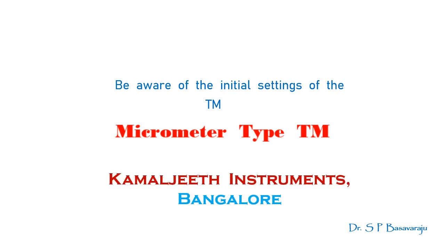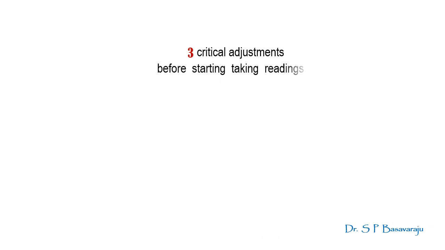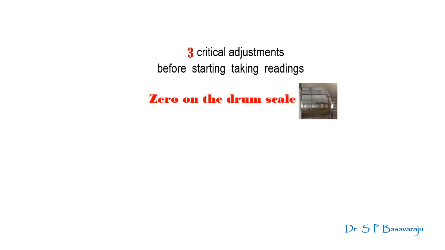I will start with the various adjustments and problems as a list and afterwards go into the details of how to tackle them one by one. There are two critical adjustments you must do with the TM before you begin taking the readings. First two are related to the reference lines. You know, in the TM there are two reference line marks marked 0 next to them. One is for the head scale and the other one is for the pitch scale. To begin with, you must set the 0 of the head scale on the drum with its reference line and then set any one of the pitch scale graduations aligned with the pitch scale reference line.